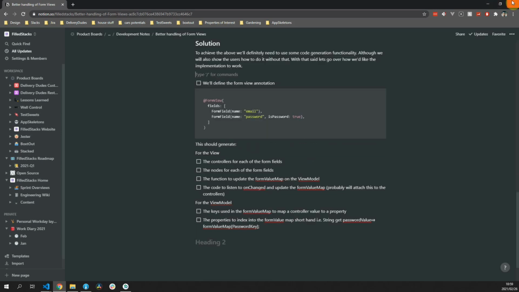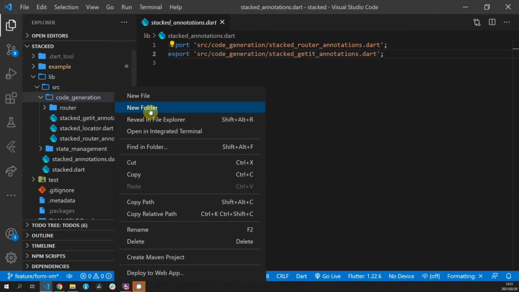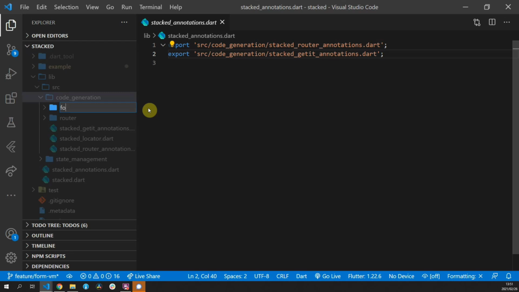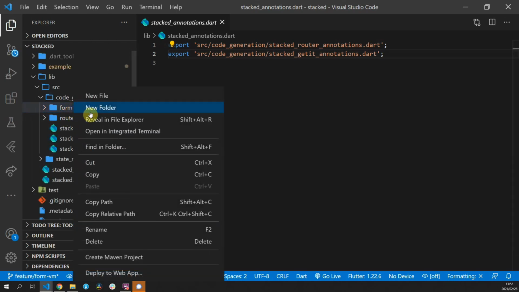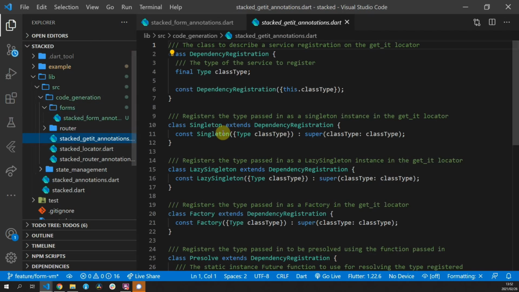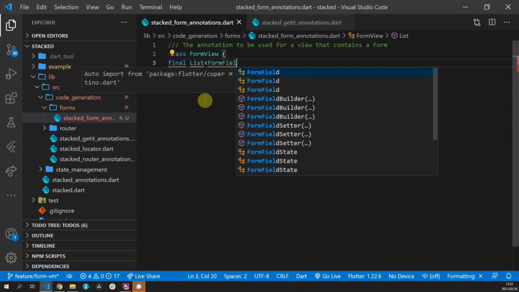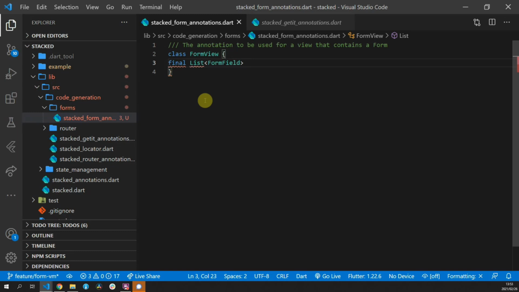So now we need to go ahead and write the generator code. Now we can go to the stacked app, and inside of the source folder in the code generation folder, I'll make a new folder called forms, and inside of that folder I'll create a new file called stacked form annotations. This is where we'll create the new form view class,